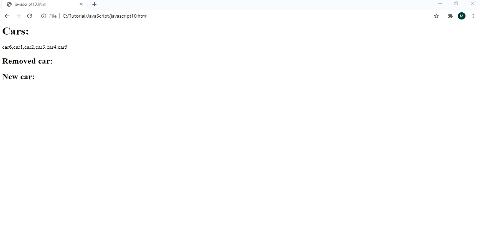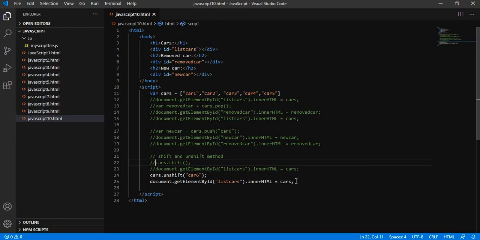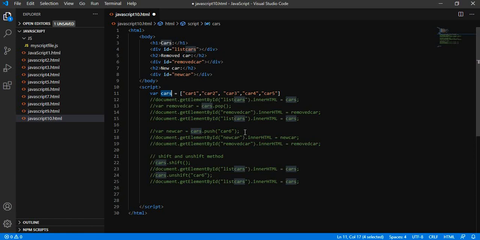Now let's see one of the most important methods of array, that is splice, which is used to delete elements as well as add elements. Let's see how we can use this method to add new elements. We already have an array of car objects 1 2 3 4 5.